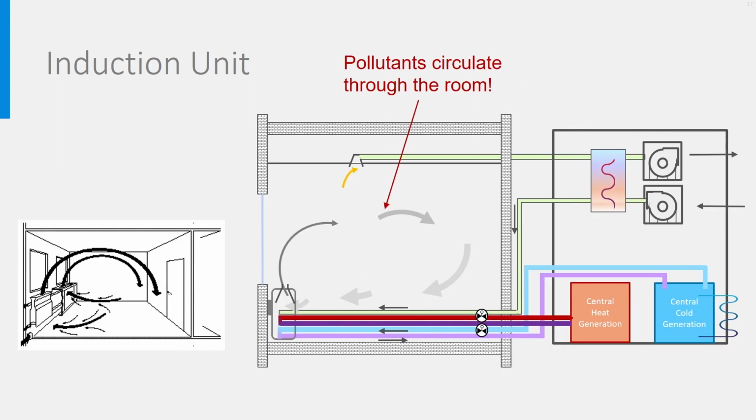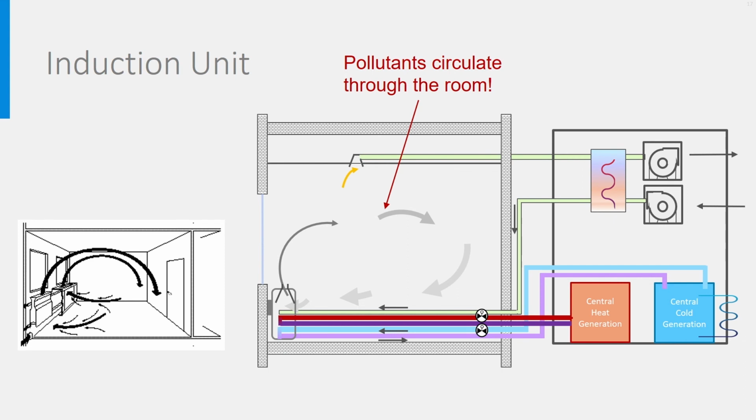Finally, we have to talk about the induction unit. Induction units allow for large heating and cooling powers. There is no fan in the unit, but a nozzle producing a jet at high velocity. Because the velocity is high at the outlet, the static pressure is low close to the unit. The jet is propelled far into the room, and as the jet velocity decreases when the air mixes with room air, the static pressure increases, inducing a high pressure at the other side of the room, and this in turn induces air movement back to the low pressure at the induction unit side.